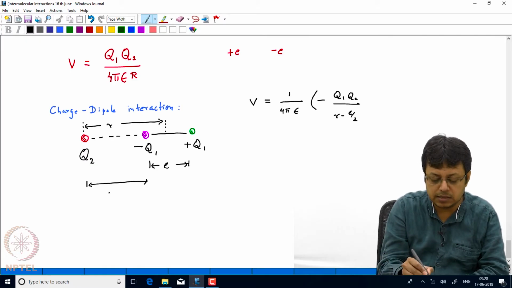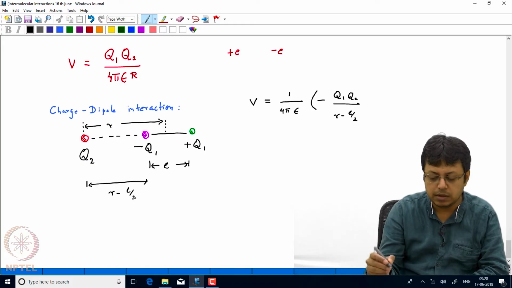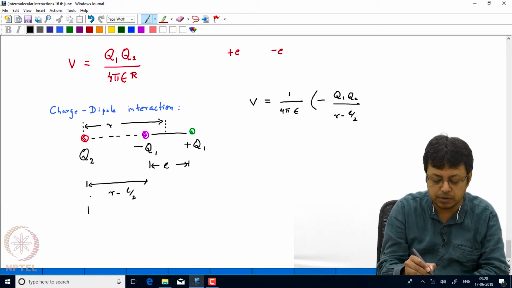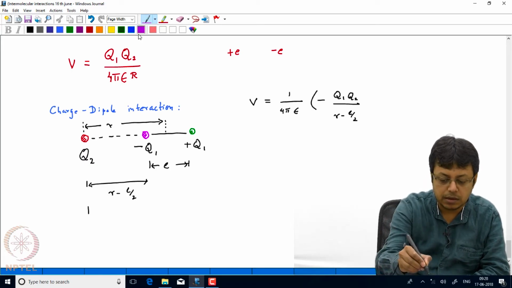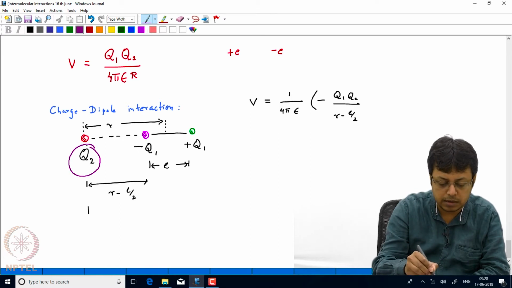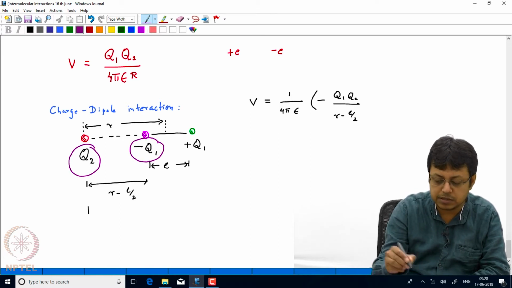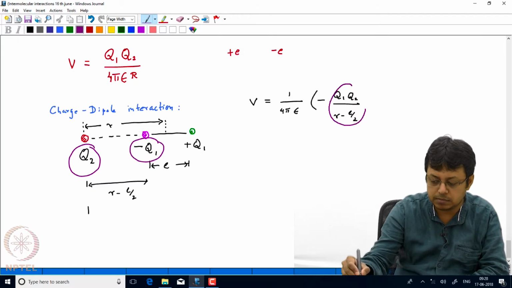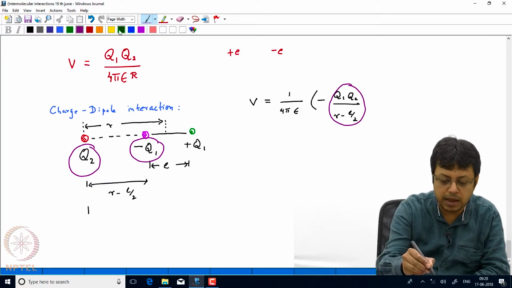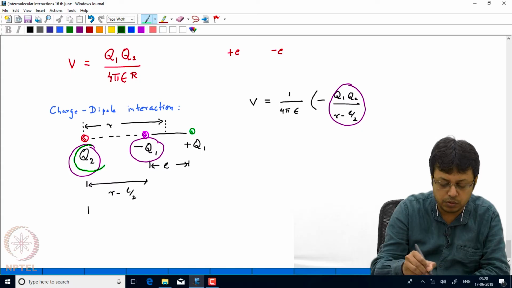So, that distance is basically r minus L by 2. It is very obvious from the geometry, and similarly there will be an interaction between this Q2, we can actually mark it. So, this is the term, the first term is basically this term, and then there will be another interaction with Q2